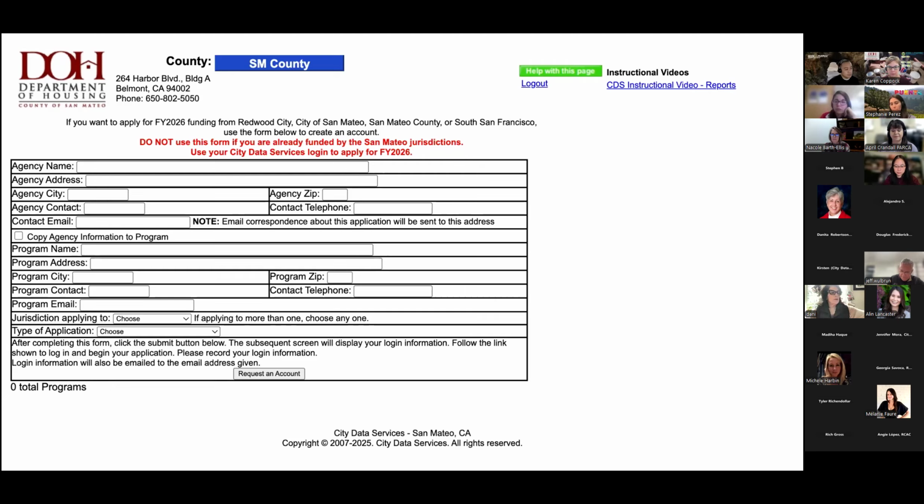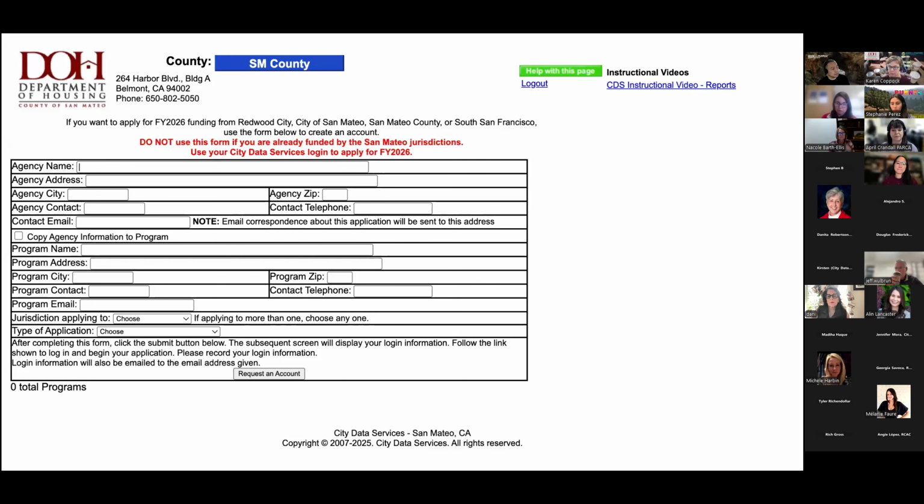The way that you do this is you type your agency name, pretty straightforward, your address, city, zip, very straightforward contact information. The contact email, please, please, please double, triple check that it's in there correctly. All of your communication will go through there. Once you're logged in with your new login, you can change that. You can update what email gets contacted.